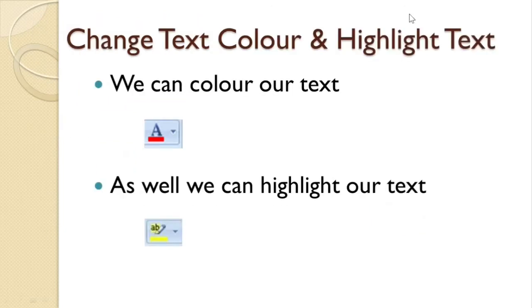You can change the text color or we can highlight the text also. For changing the text color, we go to text color change command and from there we click on drop down and select the particular color. For highlighting our text, we go to the text highlighter and select a particular color so our text gets highlighted. Let's see this practically.